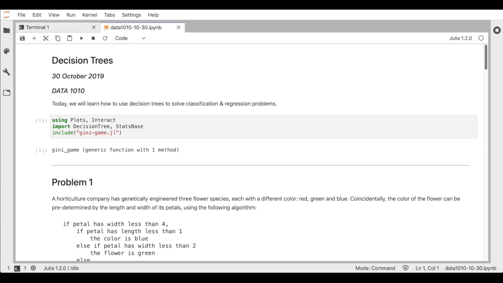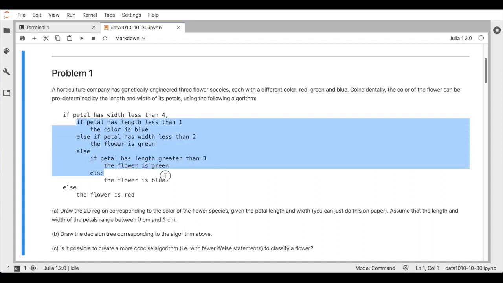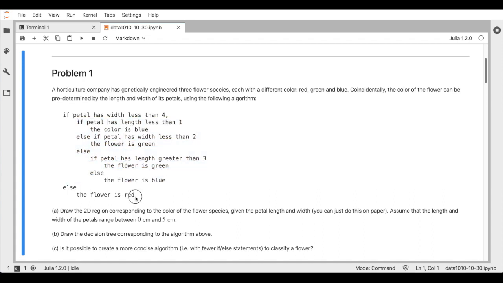form of if-else statements. Let's suppose we have the following pseudocode, which we're told determines the color of a given flower based on its petal width and length. So we check if the petal has width less than 4, and if so, then we go into this sequence of branching statements, and if not, we're able to conclude that the flower is red. In the first case, if the width is less than 4, then we check whether the length is less than 1, and if so, we can determine that the color is blue, and if not, we proceed with checking these